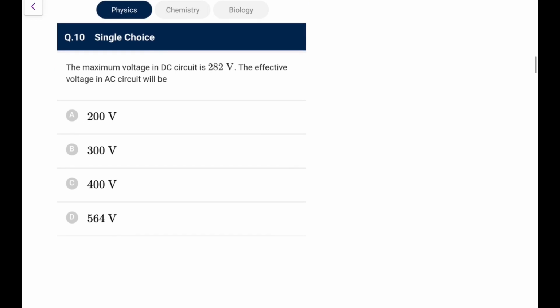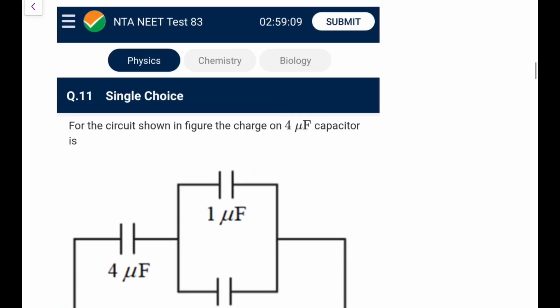The maximum voltage in a DC circuit is 282 volt. The effective voltage in an AC circuit will be... So the maximum voltage in a DC circuit, you know DC circuit has the same voltage. So the effective voltage in AC should be 282 only. By the logic, I think they were talking about the AC, and the effective voltage in DC they were asking for, that would be the RMS one, that is 282 by root 2, that would be 200 volt. But in the given language the question is not correct. Next,